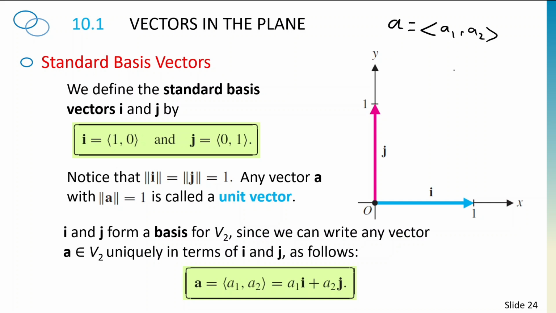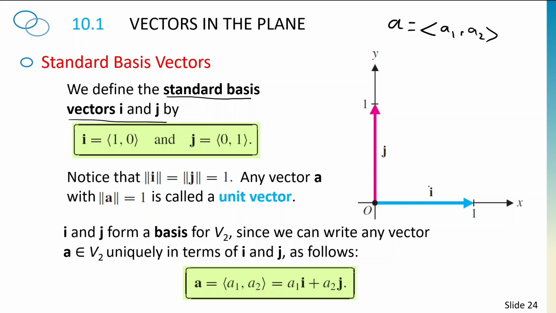There's another nice form that they use a lot. You saw it a lot in physics, which we call the standard basis vectors. They use i and j to represent vectors. So what are these standard basis vectors? The standard basis vectors are basically a horizontal vector and a vertical vector, where on the x-axis,